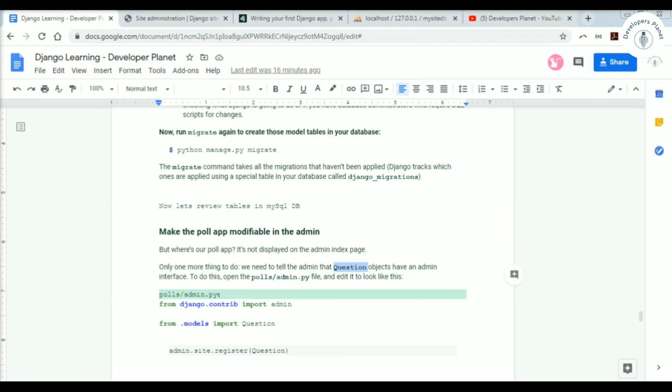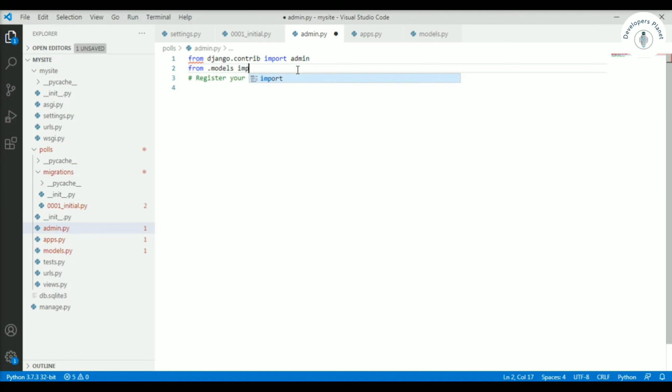So we will go to polls admin.py, and here we need to import our model: from .models import Question. Let me first show you Question only, and we will say admin.site.register, and we'll provide the model name, that is Question.